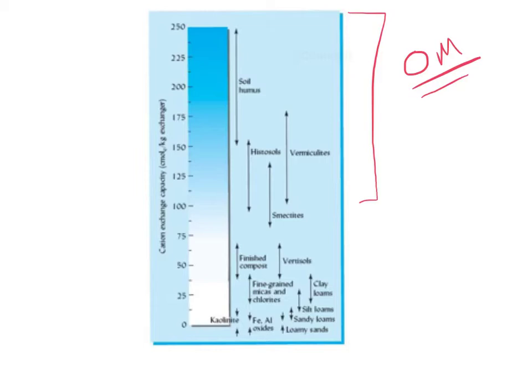The other thing to note is just, and you've seen this in table form, but we're just looking at it now, that clays come in all different kinds of CECs. So we have our vertisols that have smectites or montmorillonites in them, and there's our smectites that don't have 100%. So if we were 100% smectite, we'd be in this range. Vertisols don't have 100%, but they have a high amount of montmorillonite in them. And you can see that we go all the way down to kaolinite, and kaolinite doesn't have very much CEC